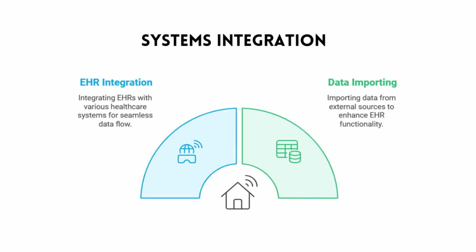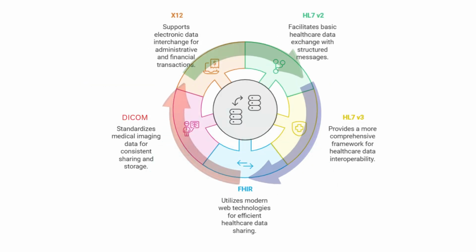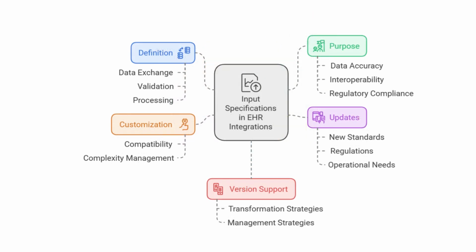Input specifications that align with national standards, like FHIR, ensure those systems can talk to each other. They act like a universal medical translator, enabling secure and efficient exchange of vital information, breaking down those data silos that can hinder care coordination. That's incredible. It seems like input specifications are crucial for everything from simple lab results to complex data sharing between